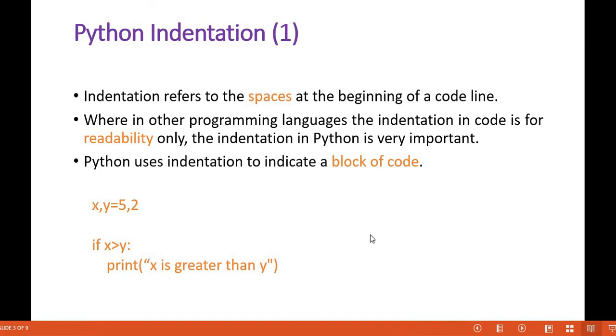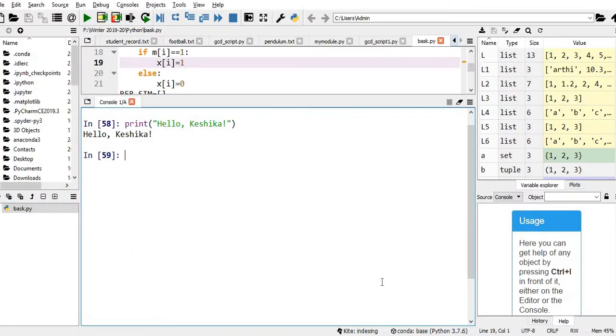For example, x comma y is equal to 5 comma 2. I'm just using some if else. Anyway, in a separate video we'll be discussing this if elif.